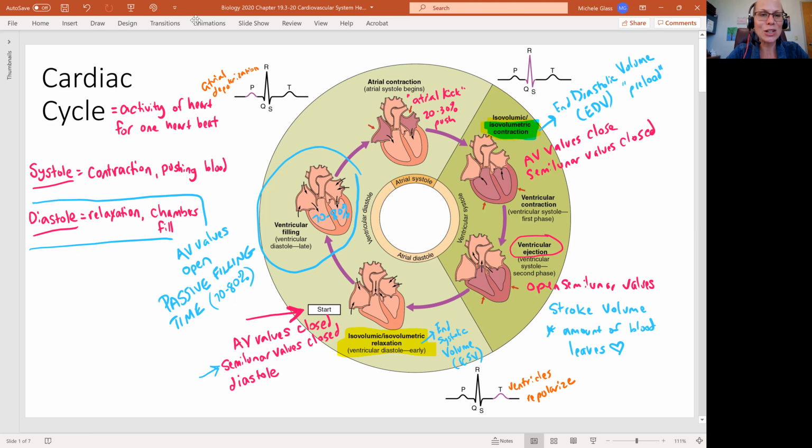We see the atria contract and then relax, and then we see, moving into the next stage of our cardiac cycle, the ventricles contracting. And this whole period of the ventricular contraction, that's that QRS wave. So remember, the QRS wave is the ventricular